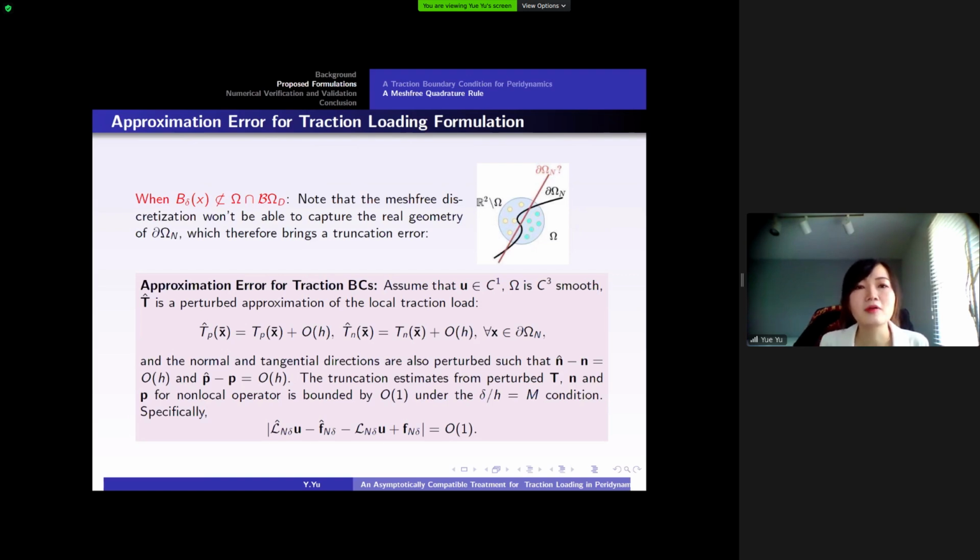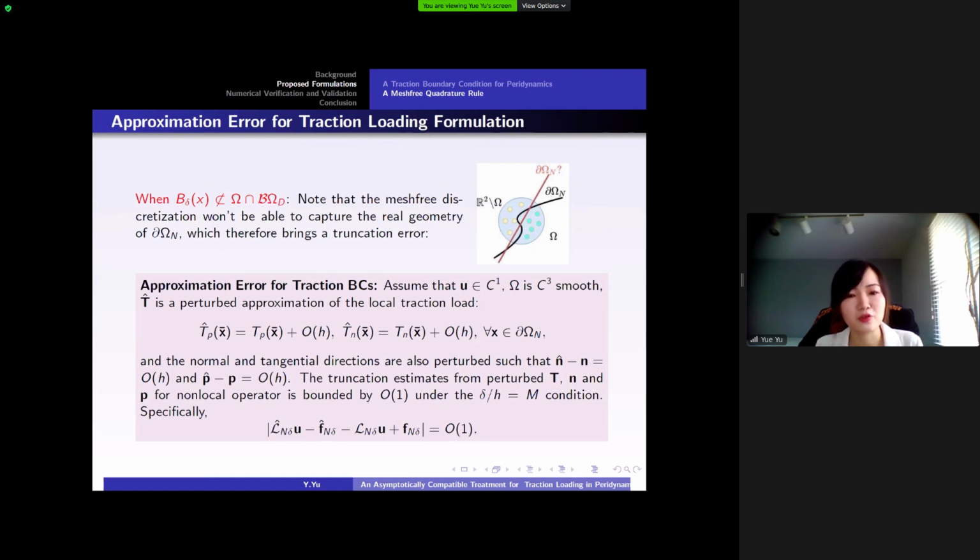But however, it also has some drawback. The drawback is that we never know what the real geometry of the boundary is. The real geometry is actually represented by those broken bonds. So that means with this method, we wouldn't be able to tell the difference between this red boundary here and the black boundary here. Actually, we can show that this type of handling of the boundary by the broken bonds in the